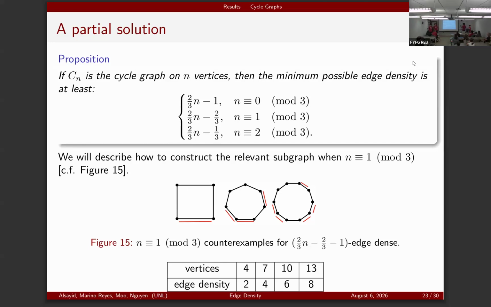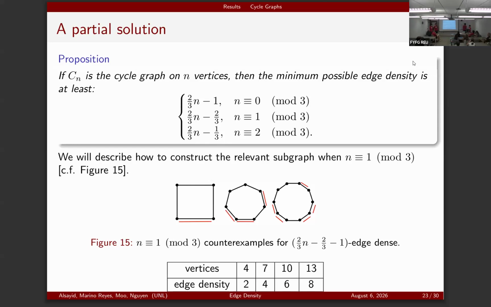So start out with C4. And again, we're going to put the one edge on the bottom. So this edge at the top is not being touched. Now these two are, but this isn't. So that is a counterexample of subgraph. So this is not one edge dense. But if we take this middle one and remove it,